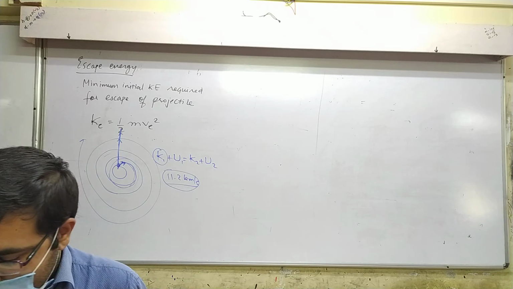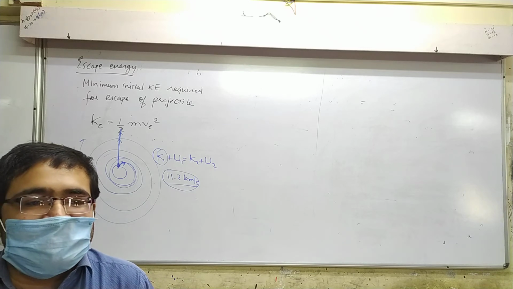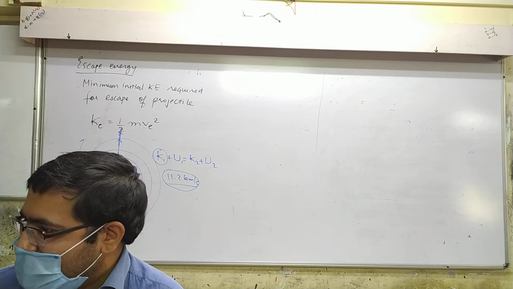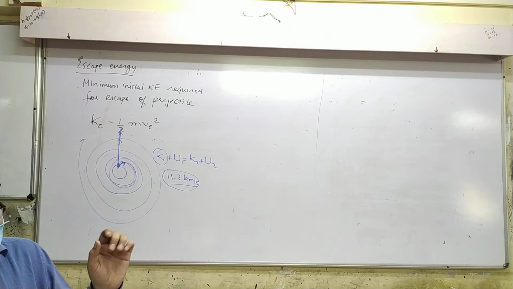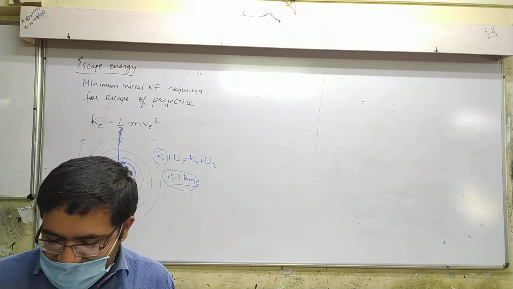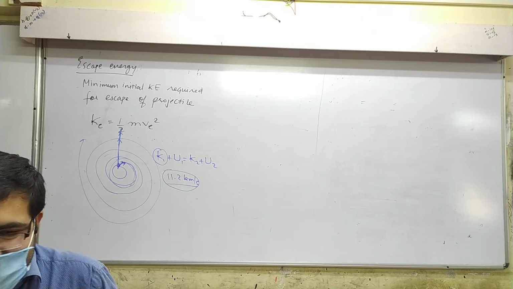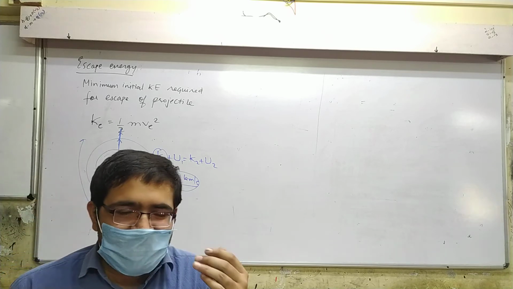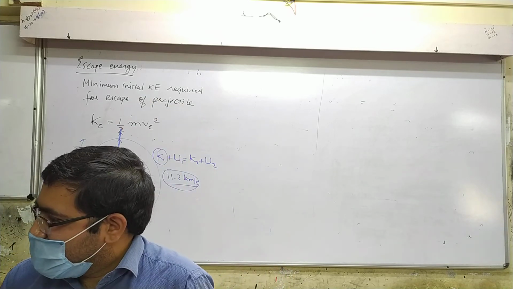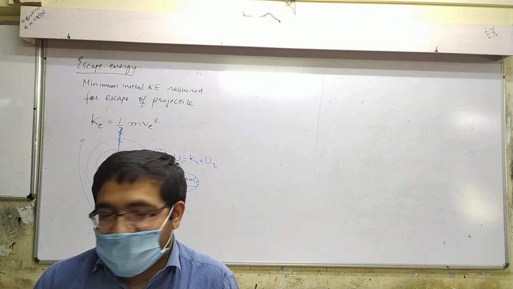Then D, does it depend on the height of location from where the body is launched? Yes. Does it depend on height? Yes, it comes in the formula. I just said it. If you throw it from a height, the value is different. So what do you expect? Simple question. If you go higher and higher, from that higher point, will escape speed be more or less?